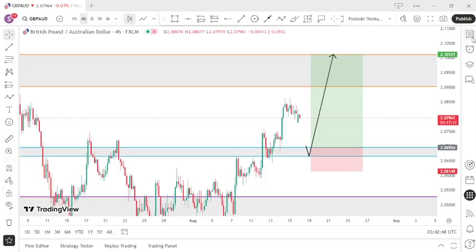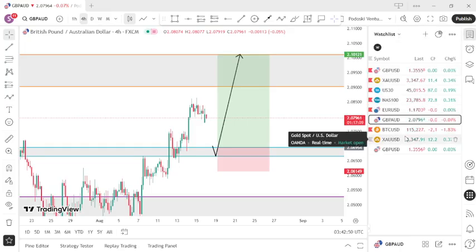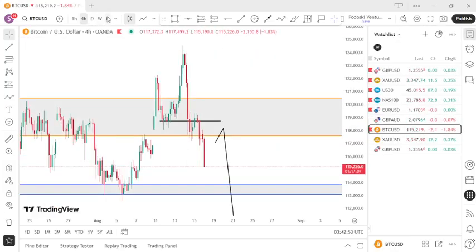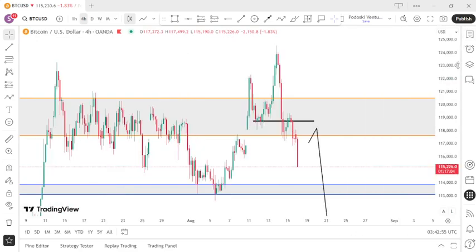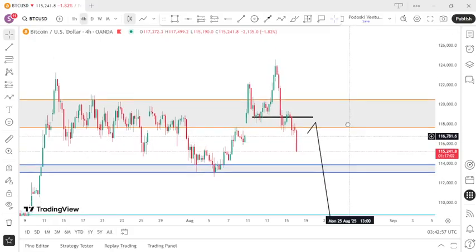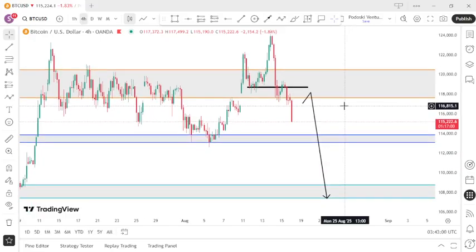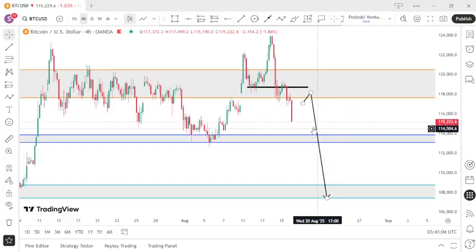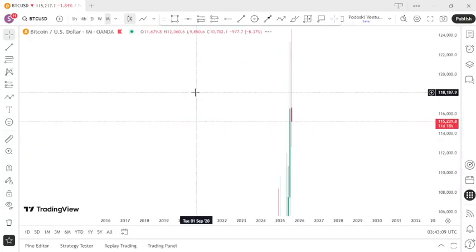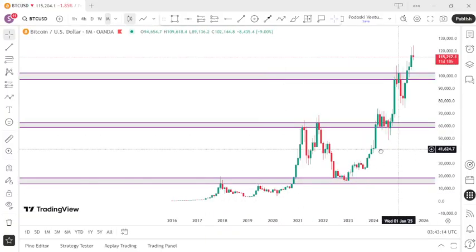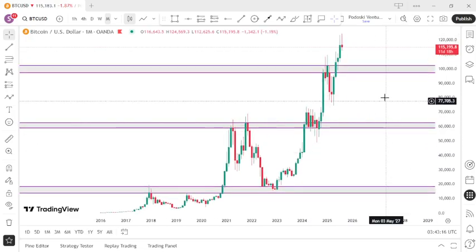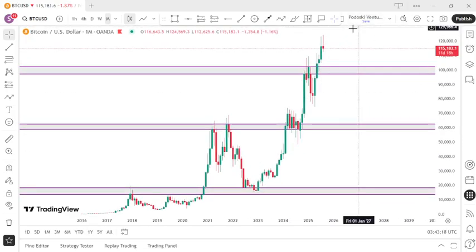So the next pair on the list is BTC, Bitcoin USD. On Bitcoin USD, I'm looking for a selling opportunity, but the market has already started moving. But anyway, let's see if we can get an entry. I just woke up, so I missed the setup. So let's go. On BTC USD, I have my